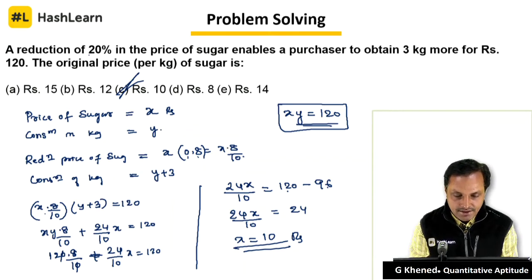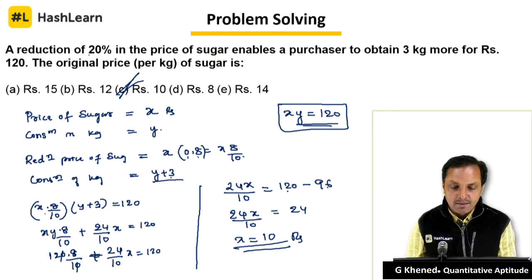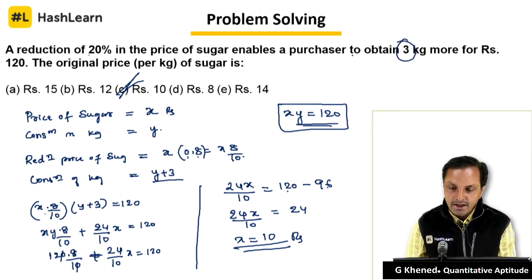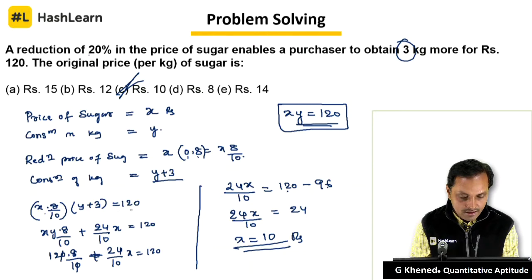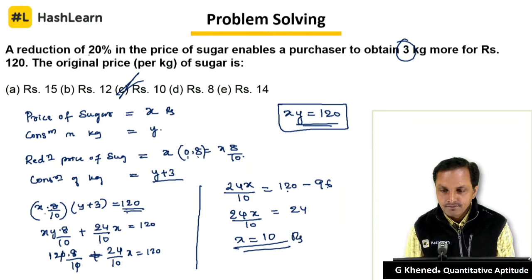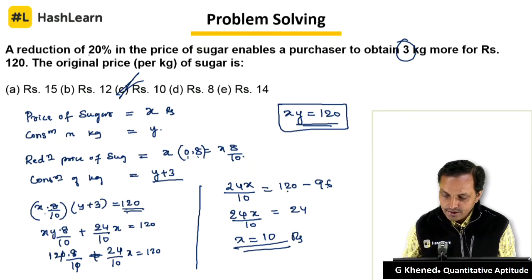Since there is a reduction in the price, an extra 3 kg of sugar is taken and the total cost will be 120. Just multiply and substitute, you will get X as 10 rupees per kg. Okay, let's go to the next problem